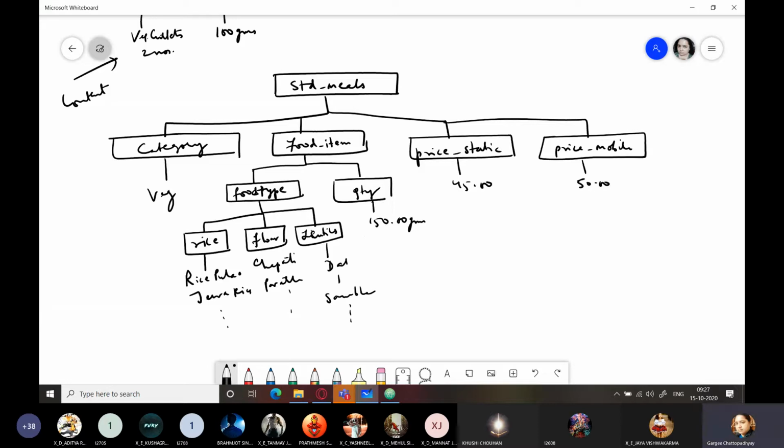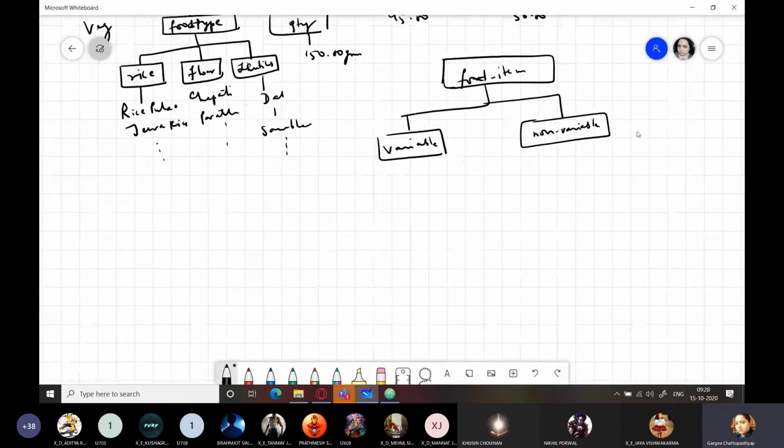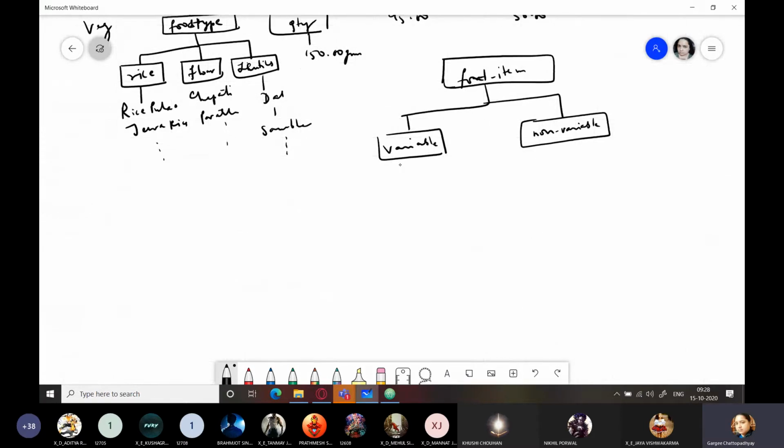Can add in food item, we can add variable and non-variable. In variable, we can keep rice options and then wheat options. Something like this is food type or food item. Within this, variable and non-variable. ठीक है, ये तो हो गया. अब इसके अंदर वेरिएबल में क्या करेंगे?